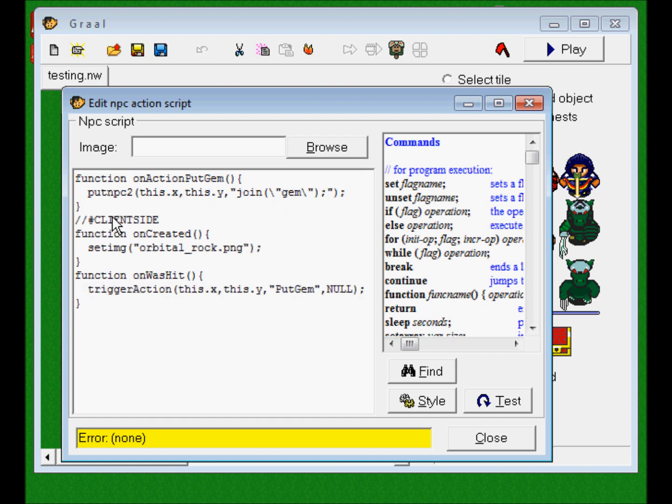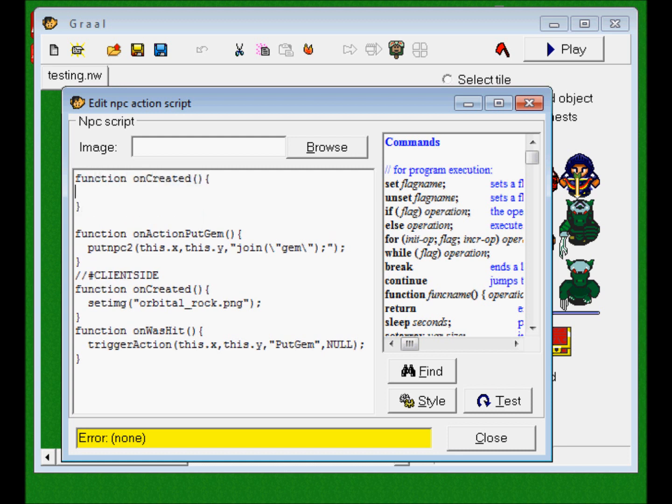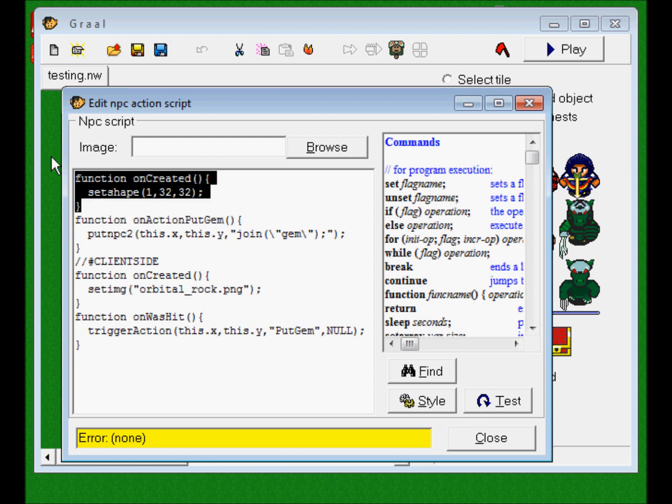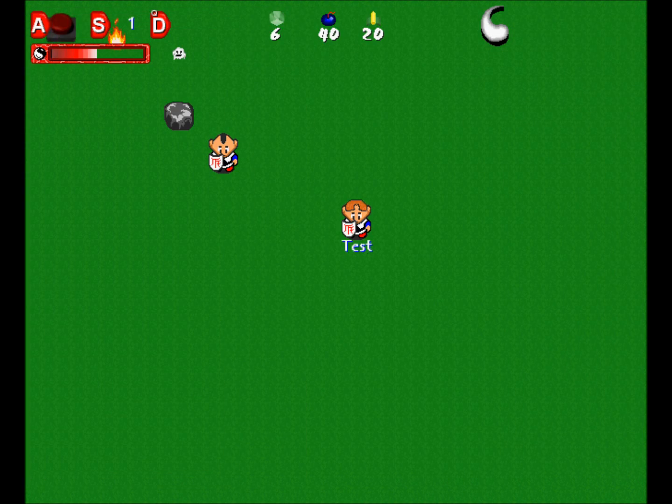Well, here's a problem with trigger action. You can't use it unless you specify the set shape of the NPC on server side. So let's just do that. Function on created. So as soon as the NPC is created, it's going to have a set shape. Set shape 1, 32, 32. Now, don't ask why you need this to use trigger action, but you need to have set shape somewhere in server side before you are able to use trigger action. So now that we got that, let's save it again